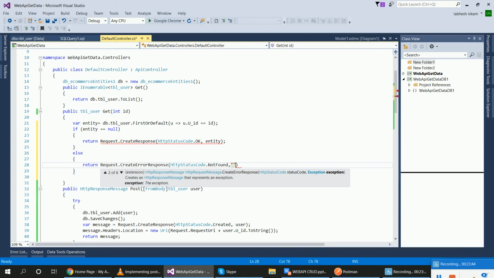and display the message: user with id equal to plus id.ToString plus not found.